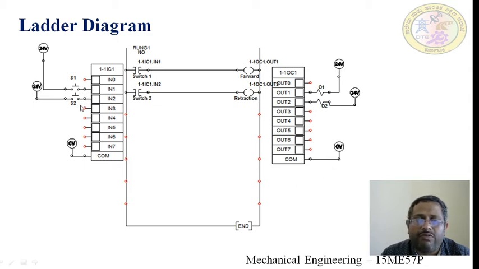In turn, this solenoid O1 is connected to the pneumatic circuit, that is the forward coil. And in the same way, when you press switch 2, that is S2, the second contact will be closed automatically, and it will energize the retraction coil and the solenoid O2. This controls the retraction motion of the piston. Next, we will see what the pneumatic circuit is.